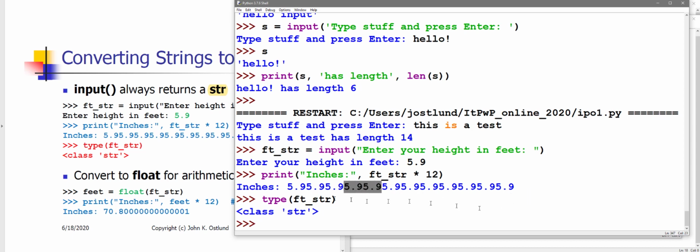And if you count all the way through, you'll see that this is, technically speaking, correct, because it is footstr repeated 12 times. But it's not what I was hoping for. I really want to get the value 5.9 multiplied by 12 to get the number of inches tall that I am. We can convert a string into a float